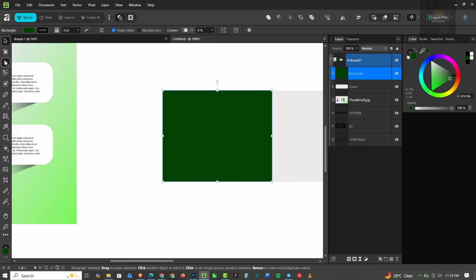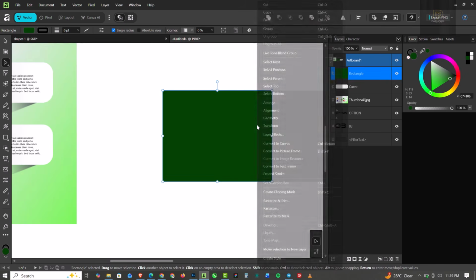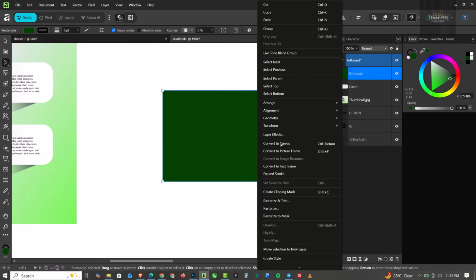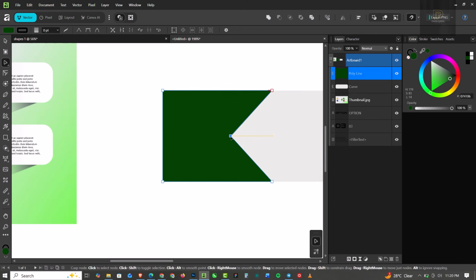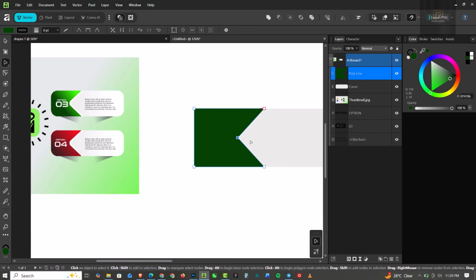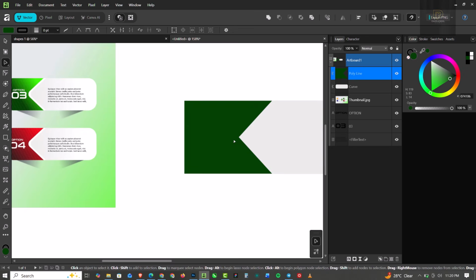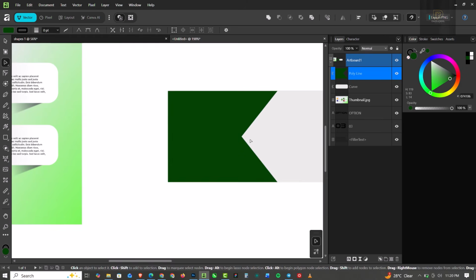So to do that, I'm going to go over to, okay, so I will have to convert this to curve. So right click, convert to curve like this, and put a node here. Just click once and drag this inside. But we don't have that round corner like the one I created here. So to achieve this, select this node. With this node selected,